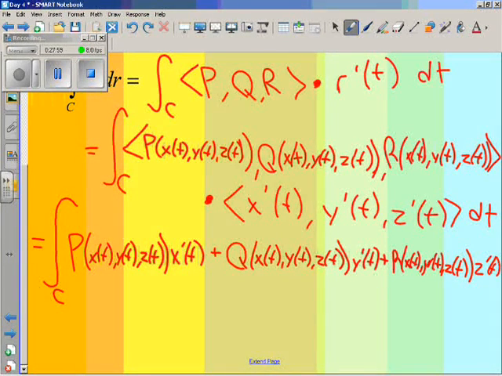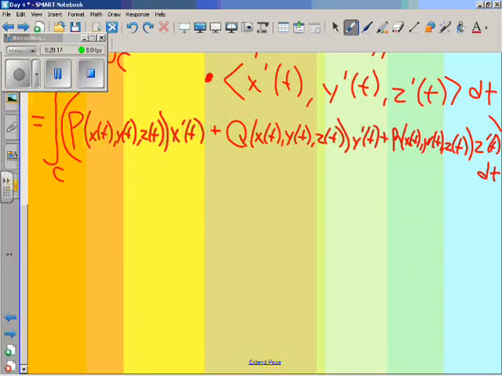So that's just the dot product, and then all times dt. So that dt is still going to distribute over everything here. Okay, still looks kind of nasty, but